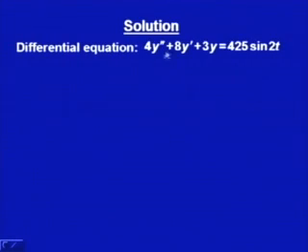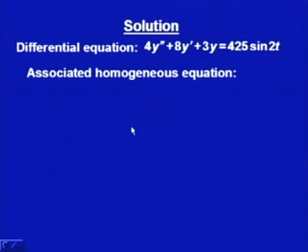Now, this is a second order linear differential equation with constant coefficients, and the right hand side is not 0, that is, it is non-homogeneous. We do know that for solving this equation we first require to solve the associated homogeneous equation. What will be the associated homogeneous equation? The right hand side is 0, the equation is the same, 4y'' plus 8y' plus 3y